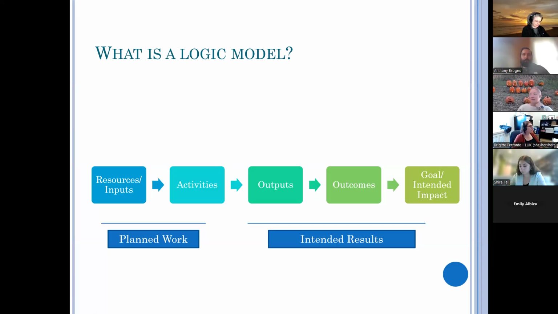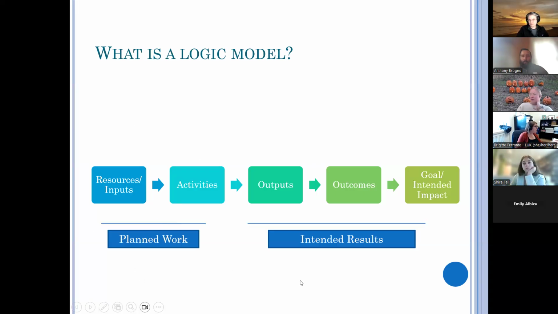Often at LUK, we are talking about individuals, but then we do have services, which I'll show some examples of logic models where it's not about individuals, it's about communities or different cohorts that we intend to see some results. Training-based programs are often that. It's not about the individual, it's about the overall training results.